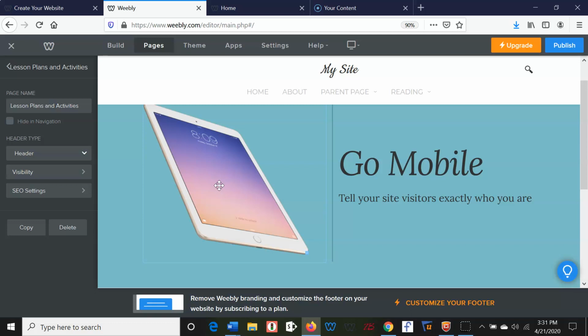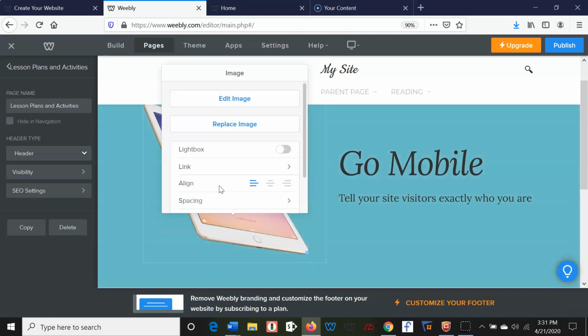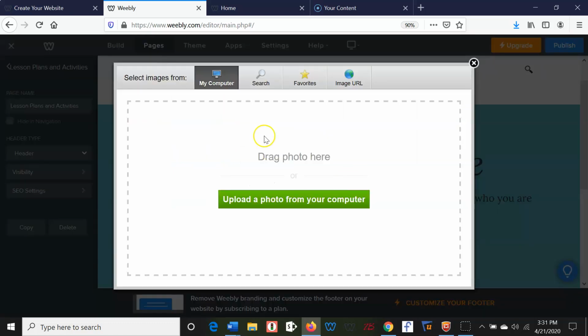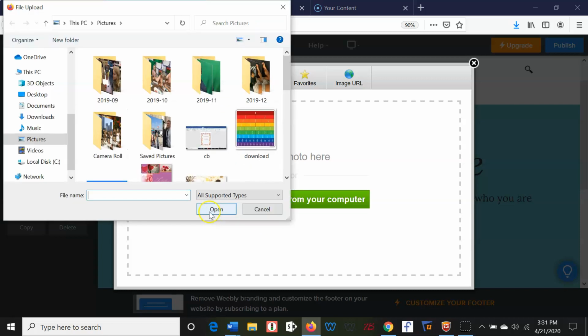So I'm going to go ahead and click on this because maybe that's a picture I want for my educational website, maybe not. And we're going to go ahead and replace that. Okay. This time you are able to use something from your computer. So I'm going to upload a photo from my computer, and maybe I just